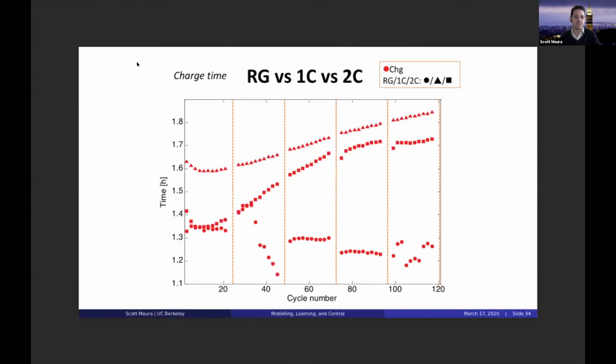Now, what about speed? So this shows the fast charge times as a function of cycle number. And interestingly, you can see in the beginning, 2C, which are the squares, are going relatively fast. But over time, because we have the capacity fade and internal resistance building up, it's slowing down. And the reason for this is because the CV portion of the charge cycle is getting longer and longer and longer because we're hitting the voltage limit much sooner. Meanwhile, you have the reference governor that's trucking along